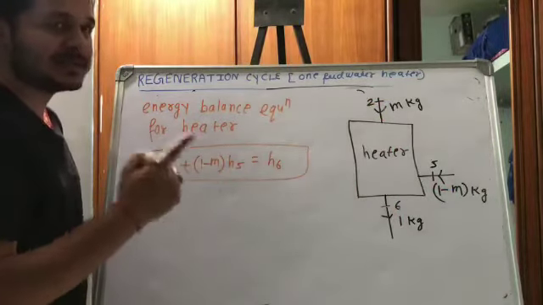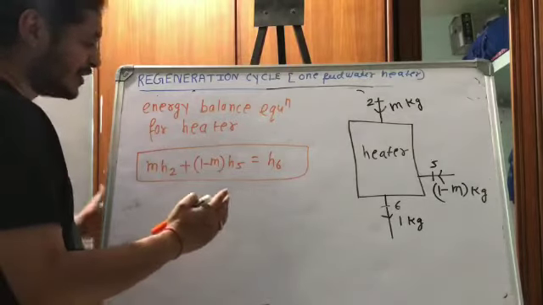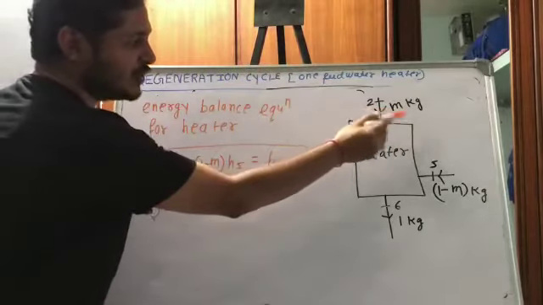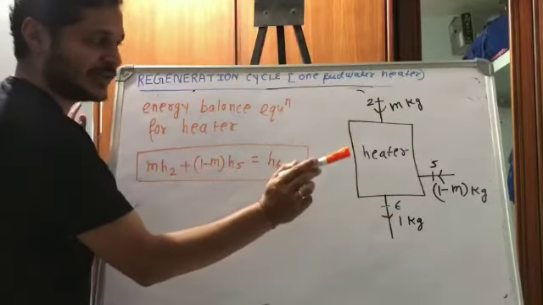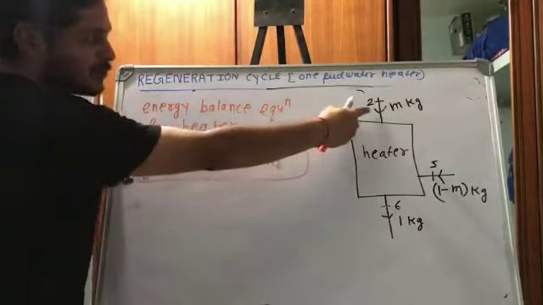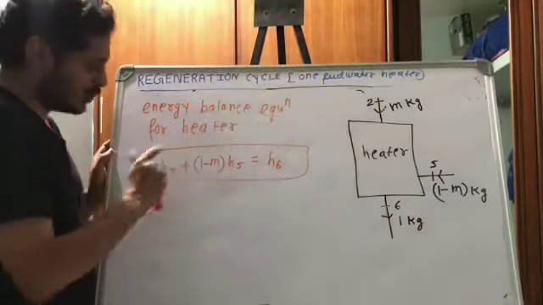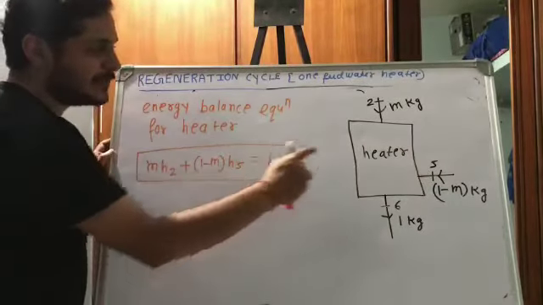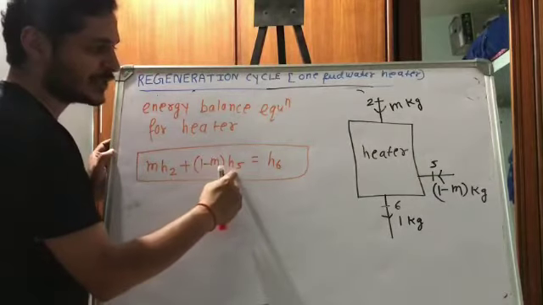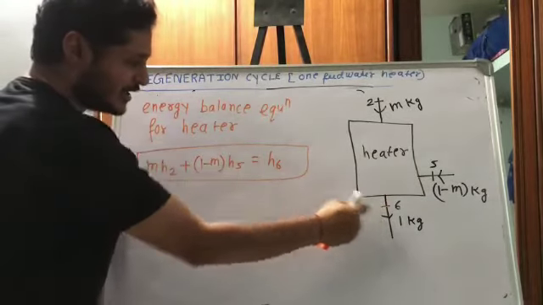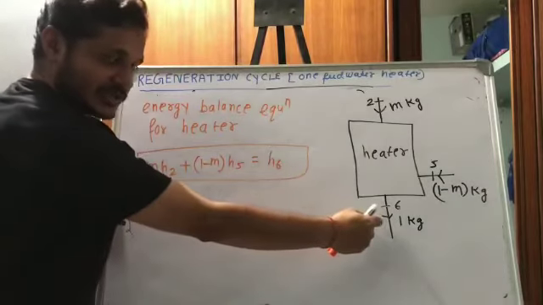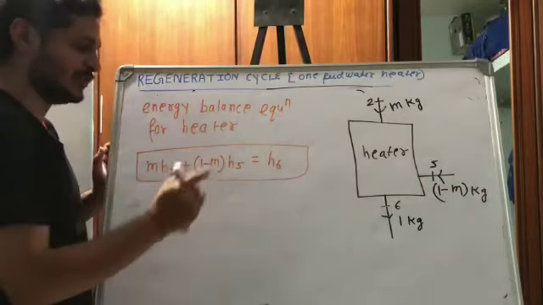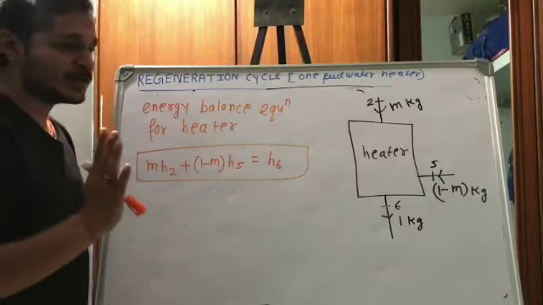So if I have to write the energy balance equation of the heater, first you see the fluids or energy entering the heater. There are two inlet points I can see, and this is the exit point of the heater. At the inlet point 2, it is m into energy at point 2, so m into H2, and the second inlet point is at point 5, so 1 minus m into energy at point 5, so 1 minus m into H5, and the exit point is 6 here, so this is equal to, what is the mass? 1 kg. So 1 into energy at point 6, H6. So 1 into H6 will be H6 only. So this is the energy balance equation for the heater.